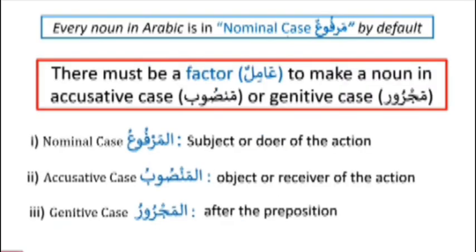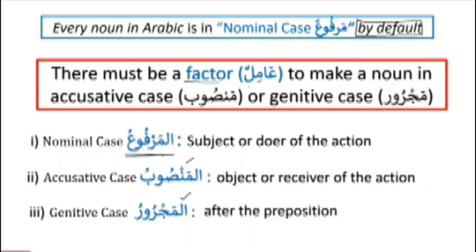Every noun in Arabic is nominative case, marfu'un, by default. As we always come up with a small conclusion in the beginning of every property, the conclusion that we have over here is that every noun in Arabic is nominative case by default. Now, of course, we have seen that there are three states. We have al-marfu'u, wal-mansubu, wal-majruru. So the first one is clear, as we have seen that the noun is by default marfu'u. But for a noun to be mansub or majrur, that is accusative case or genitive case, there must be a factor